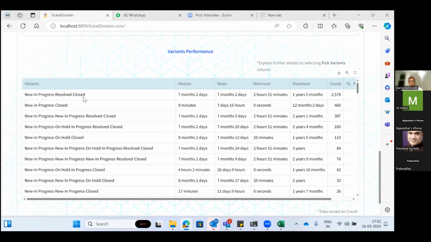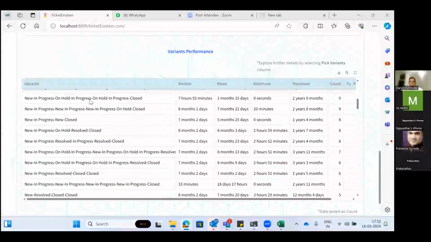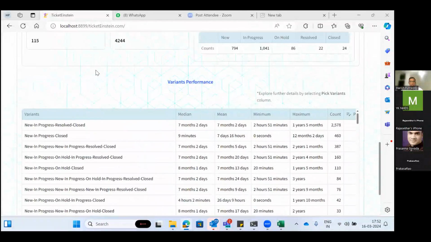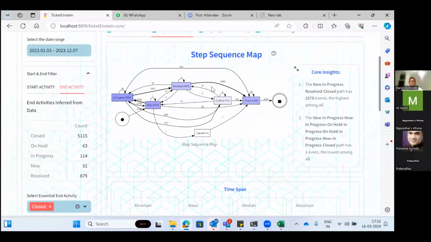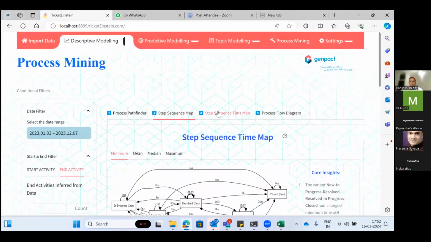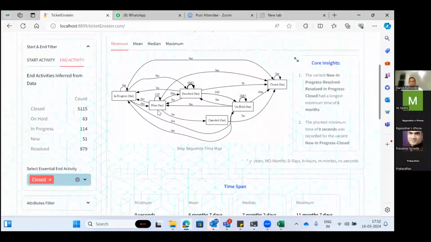Then they go back and pick up that random ticket number, and they help us. Okay, this is happening. Then we try to find out which is the correct path, the happy path, or the time-taking path. All that discussion happens. So this is one area that we have to look at, and we have different maps within this, all different ways of dissecting the same information, not much of a change. In the interest of time, I'm not going very deep.